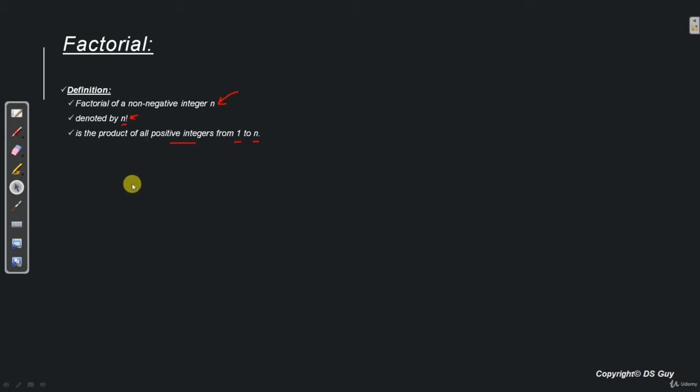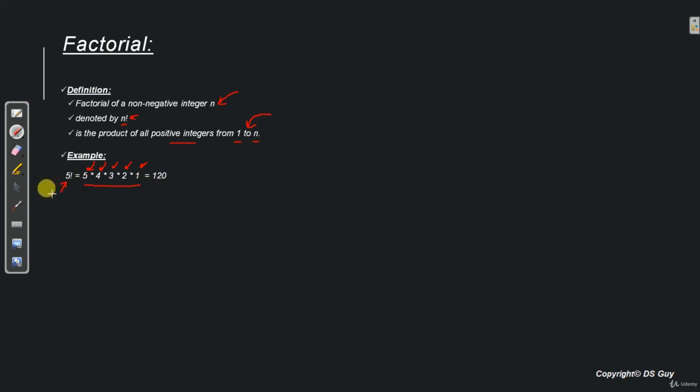Now let's see some examples of factorial. So let's say if you want to find factorial of 5. So the answer is 5 into 4 into 3 into 2 into 1, that is 120. How did we get this 5 into 4 into 3 into 2 into 1? It is coming from here. That is, counting starts from 1, goes on till n, and n is provided by the user, which is 5 in this case. So we start with 1, 2, 3, 4 and 5. We multiply all these numbers and we get 120.